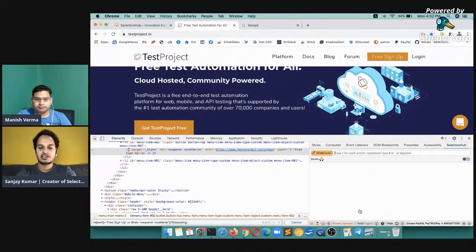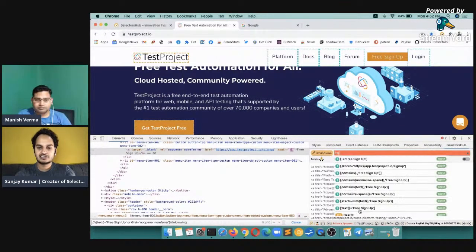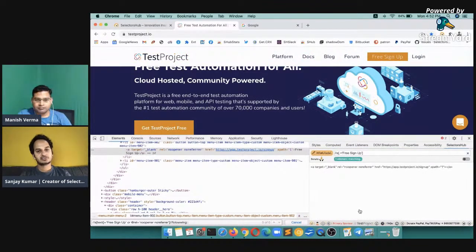Let me show you how this is possible and how fast it is. Have you ever imagined we could build the XPath this fast? So this fast we can build the XPath. Now talking about